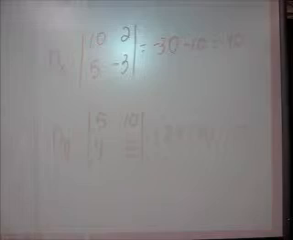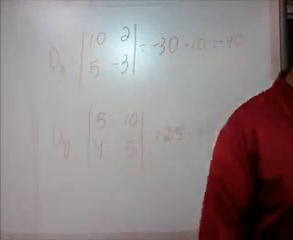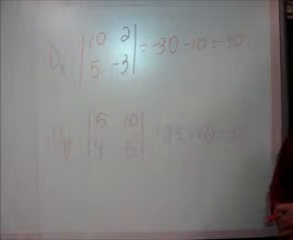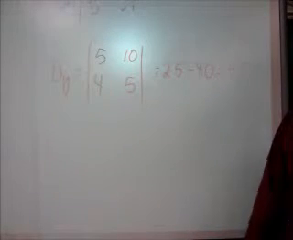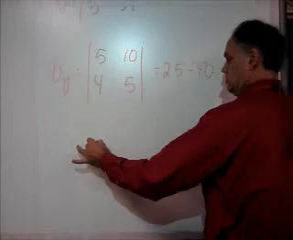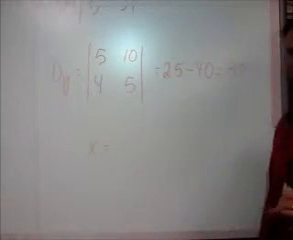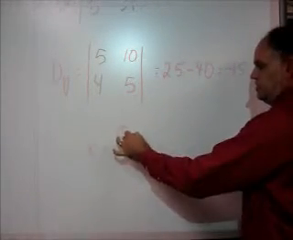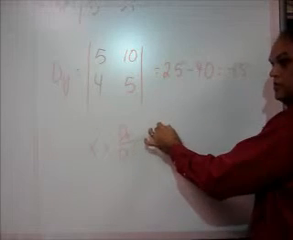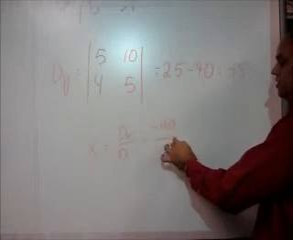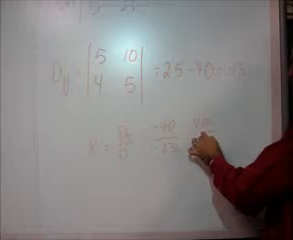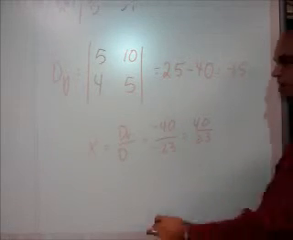Okay. So if we divide, we get what? X equals D sub x over D, negative 40 over negative 23. Y equals